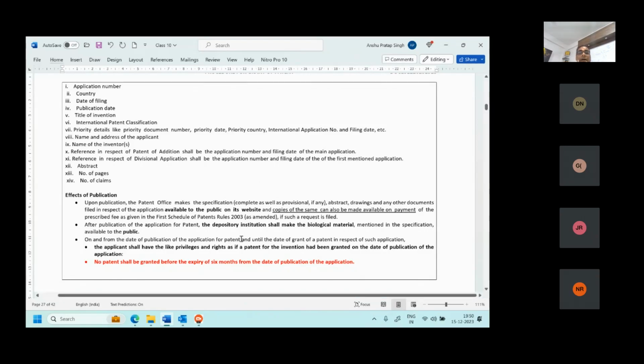We have seen that on request, at 8 rupees per page, they are ready to provide a photocopy. After publication of the application for the patent, the depository institution: please remember, the depository institution is with respect to biological materials, and you have deposited under which treaty?